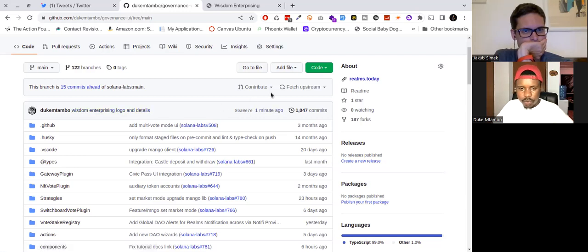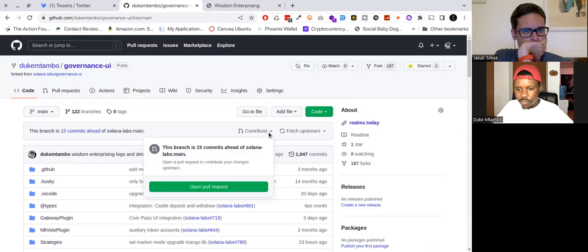Okay, so for me to merge it, I have to open a pull request for Solana Labs to merge it later on their own time. Sometimes it can take like 30 minutes for them to merge, sometimes 1 hour, sometimes 2 hours, sometimes it can be a day. It depends on their developers. So once they merge it, it will reflect on